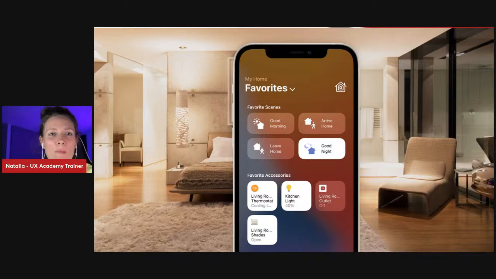Then another good example that I would like to show you is a smart home. A smart home already exists, but is still quite new for many people. And that can be another way we can use technology and help people save energy, save heating, right? How you can control all your home and make your home smart.